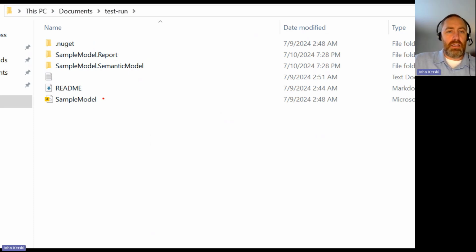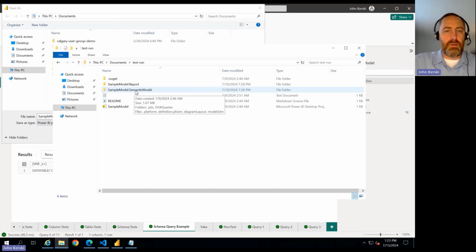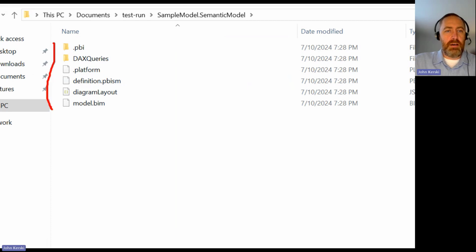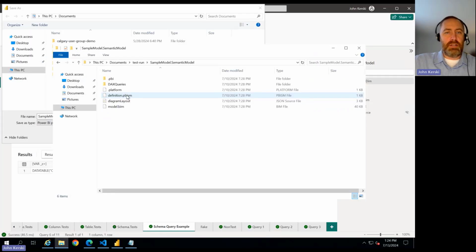You're going to get the Power BI PBIP file here, and this is kind of like a shortcut to your Power BI desktop opening up and loading your model and your report. But you'll also get these semantic model and report folders, and I'm going to drill into the semantic model folder here. You're going to get also a listing of the definition that defines your model, which is in the .bim file, as well as a folder for your DAX queries. And if I drill into that,